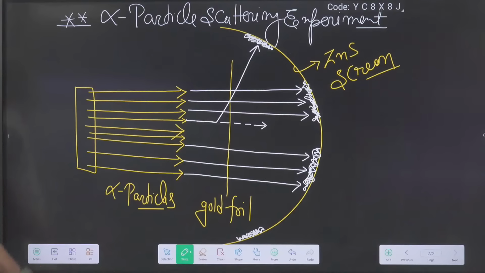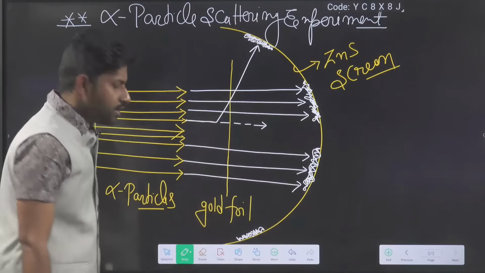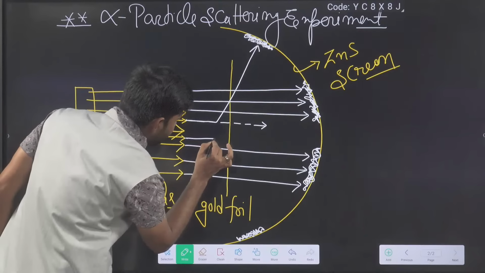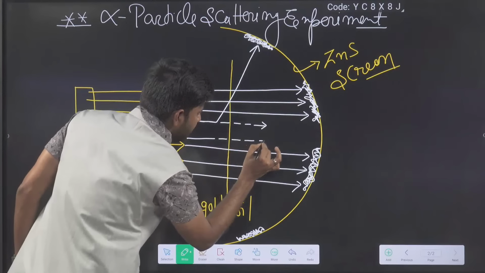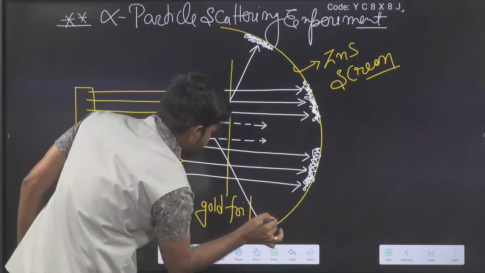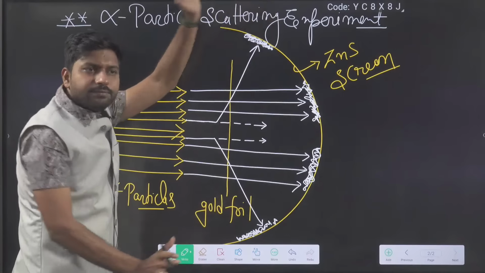They deviated. 100% deviation happened. Without that, it is impossible to hit here. Same as this, it should move forward like this, but it also deviated and hit here. So few alpha particles deviated,